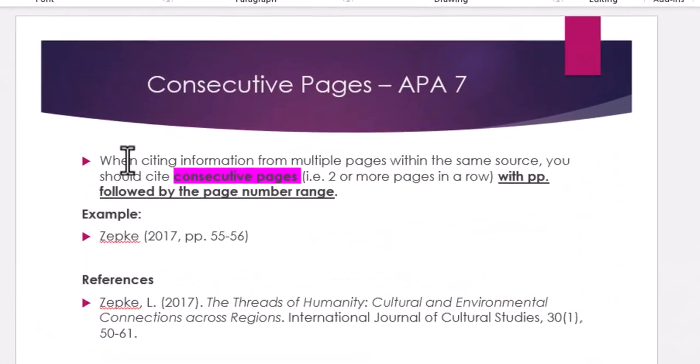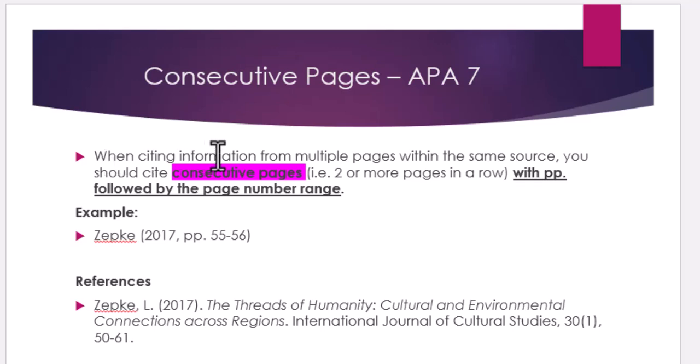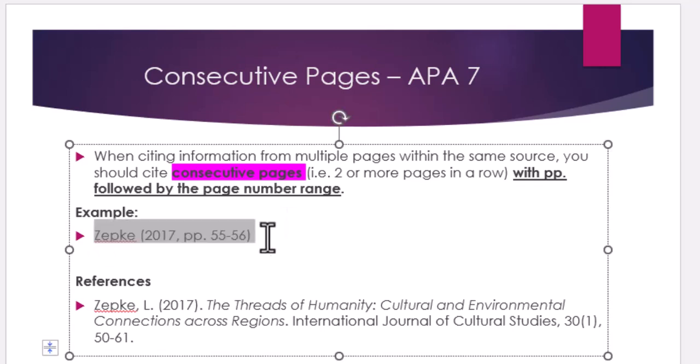So we are saying that for consecutive pages in APA 7, when citing information from multiple pages within the same source, you should cite the consecutive pages with PP followed by the page number range. You should first of all put the surname like this. We have a sample here. You have a surname there in the bracket. So you put a year, then you put a comma, then it is followed by